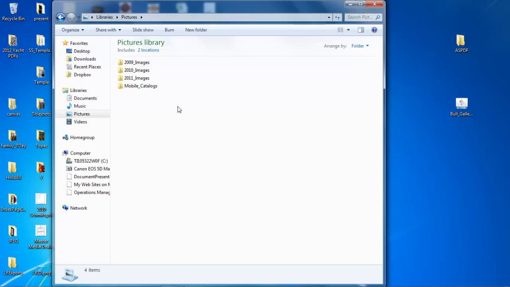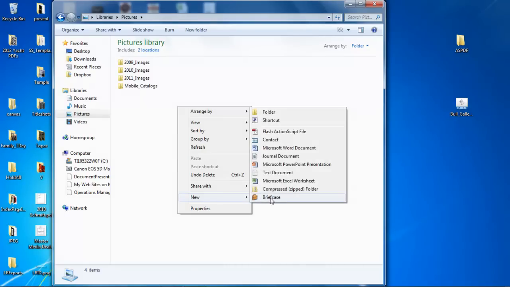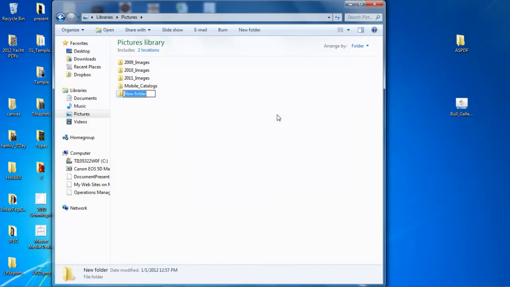So I'm going to go in, right click, and that'll be constant on just about any operating system, come down to New, and add a new folder. I'm going to give that a name. I'll call it 2012 Images. And now I have a subfolder that's ready to receive all of the other images and maybe other subfolders that